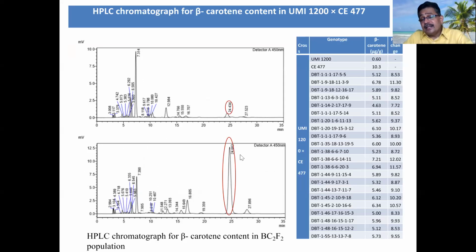Okay. After selecting, finally you got the BC2F2 progenies which have your donor gene available, the positive allele for beta carotene, and also look like your original co6 parent plants. Okay, so now you have almost achieved it. Your line is ready.